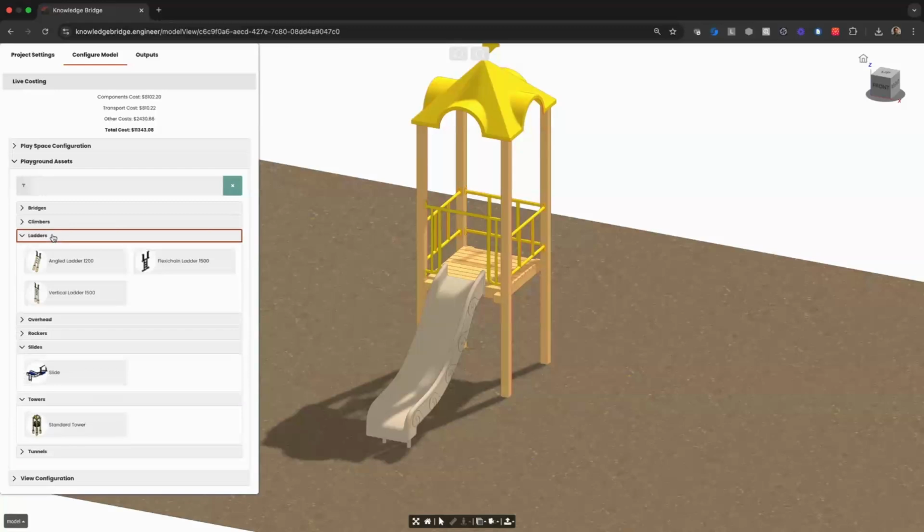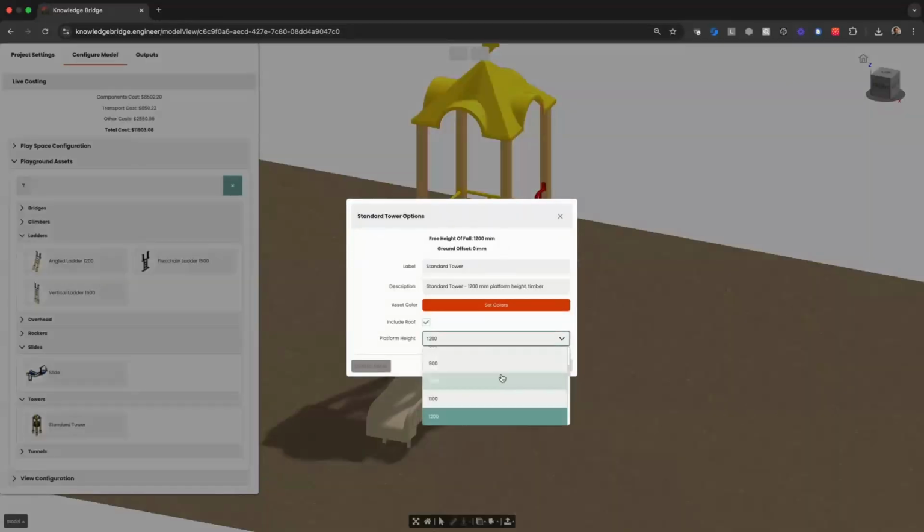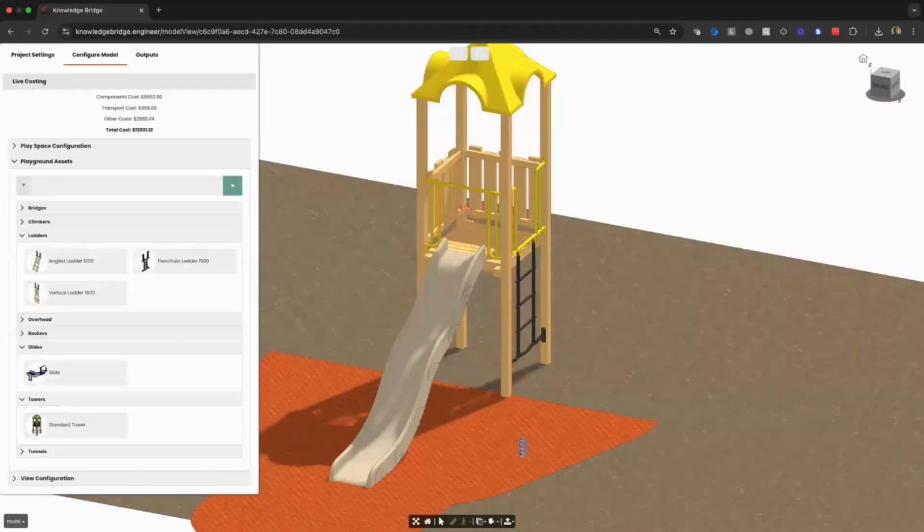We'll go next by assembling a climber into a different side of the tower. And that component shows up as red, so we understand that there is a height issue we need to address. To address that, we can right-click on the tower and bring up that modal dialog that allows us to configure the tower. We'll make it taller, and really three things happen, as subtle as they might seem. The first thing that happened was that the ladder, the climber, is no longer red, so that issue has been resolved. The second thing is because the tower is higher, we now have a larger or taller slide to accommodate that higher tower,